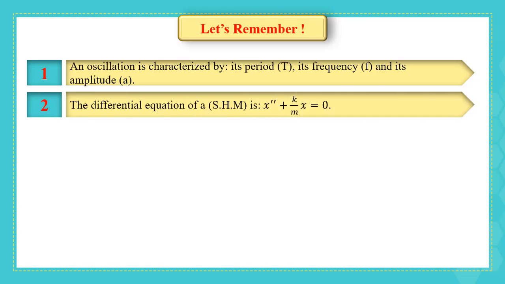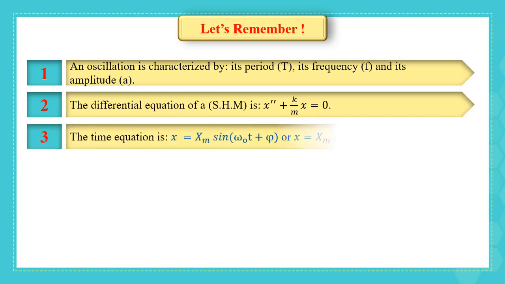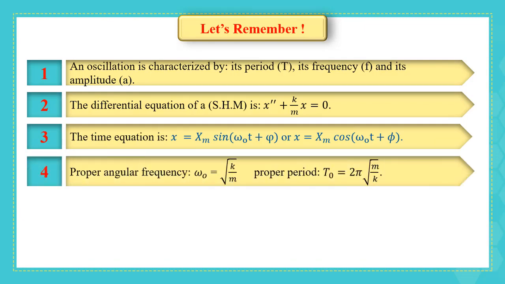The differential equation of a simple harmonic motion is x double prime plus k over m x equals 0. The time equation is x equals xm sine or cosine (omega 0 t plus phi), and the proper angular frequency omega 0 is equal to the radical k over m, where the proper period T0 is equal to 2 pi